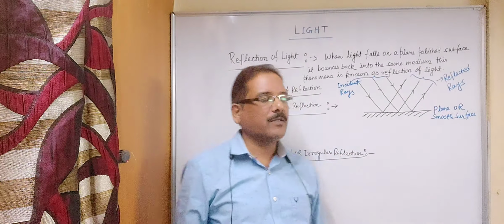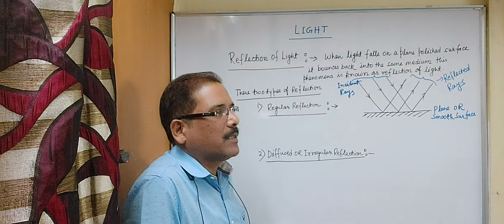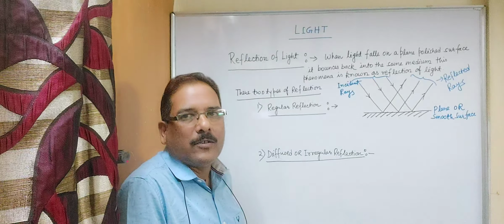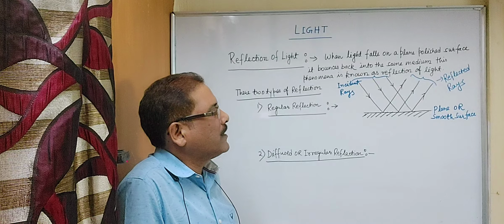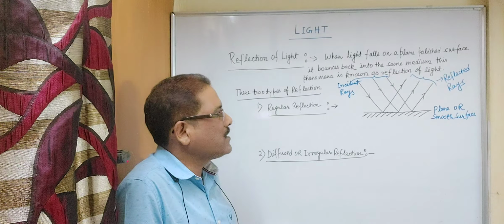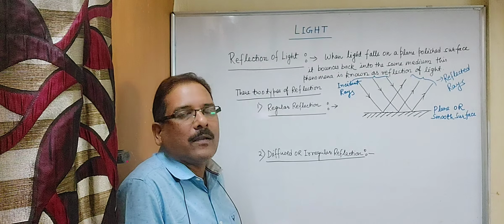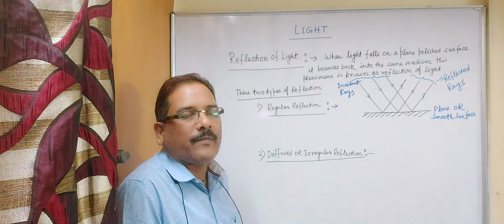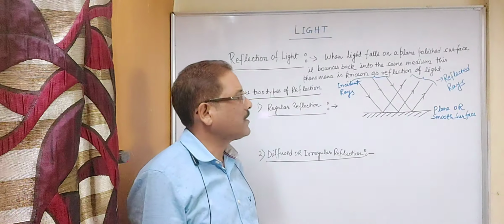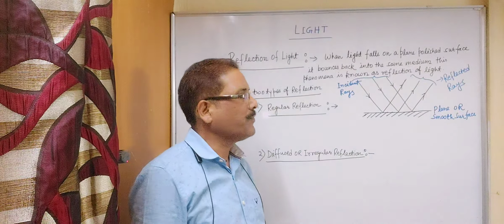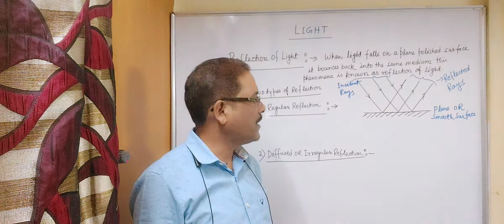And due to regular reflection, you might have seen that sometimes some objects appear very clear to us, and some have a hazy appearance. So the things are visible very clear to us when the reflected rays reflect properly, or they reflect from a smooth surface and reach our eyes. Although we can see the objects which reflect from irregular or rough surfaces also, in that case all the parts are not very clearly visible to us.